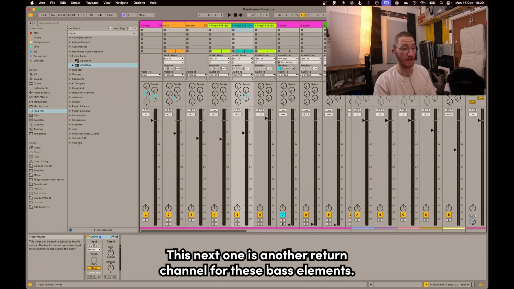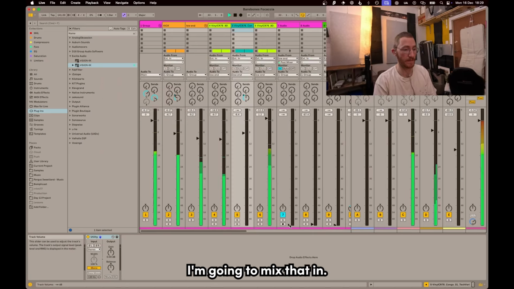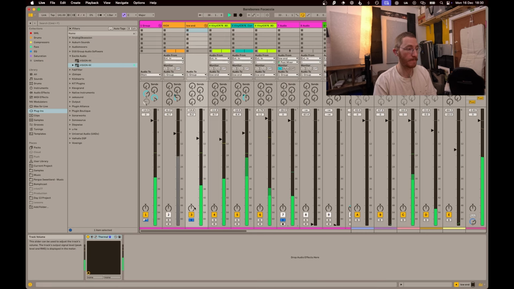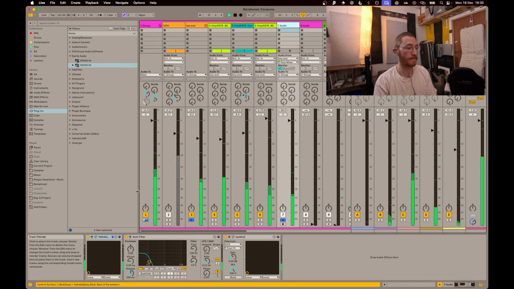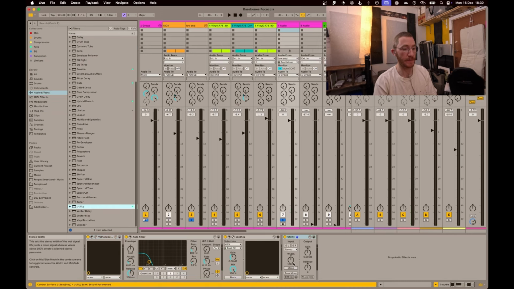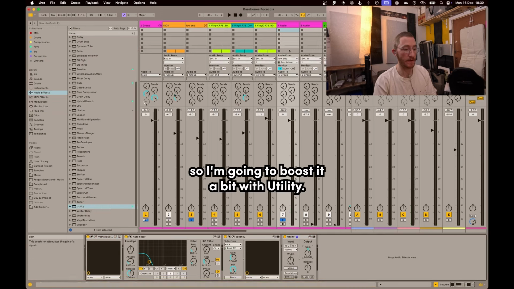So this next one is another return channel for these bass elements. So I'm going to mix that in. It's a little bit quiet. I can't necessarily hear it, so I'm going to boost it a bit with utility.